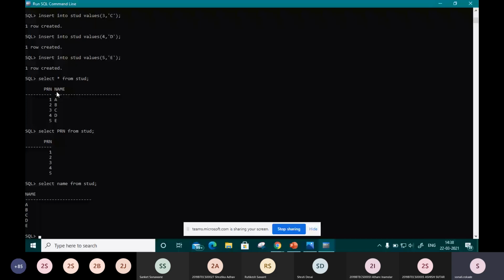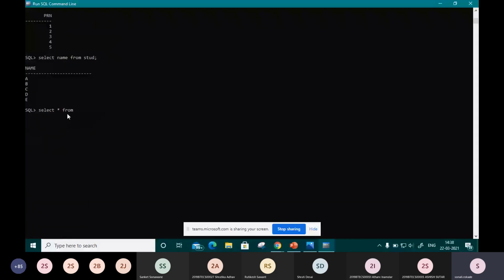Suppose I want to retrieve the data of PRN number 1. So I will write select, and I want to retrieve all the attributes, so for that purpose I will use star, from truth table, but I want to pass a condition. What condition? I want the data of PRN number 1. So I will write where PRN is equal to 1.